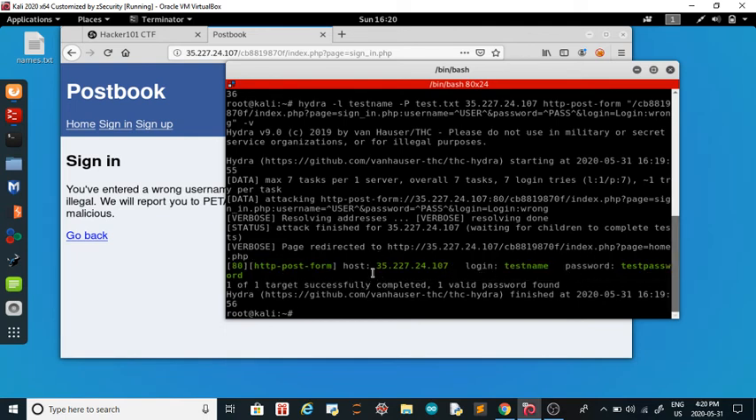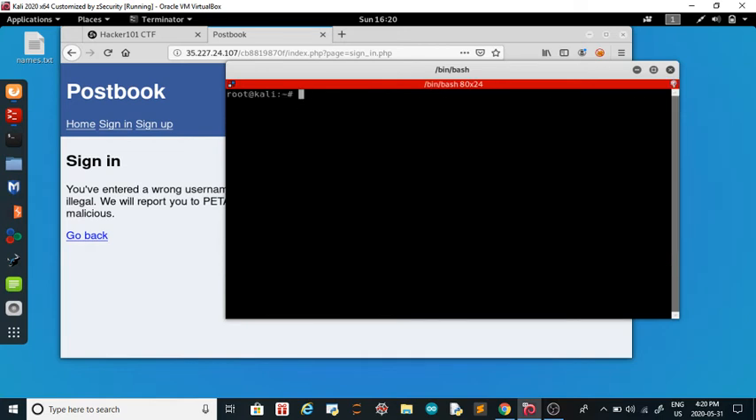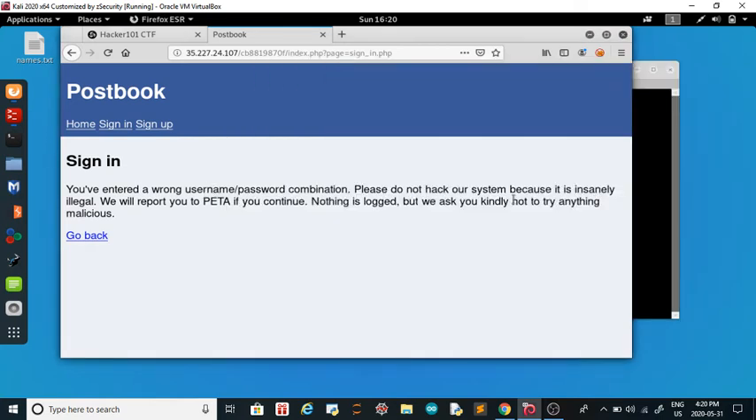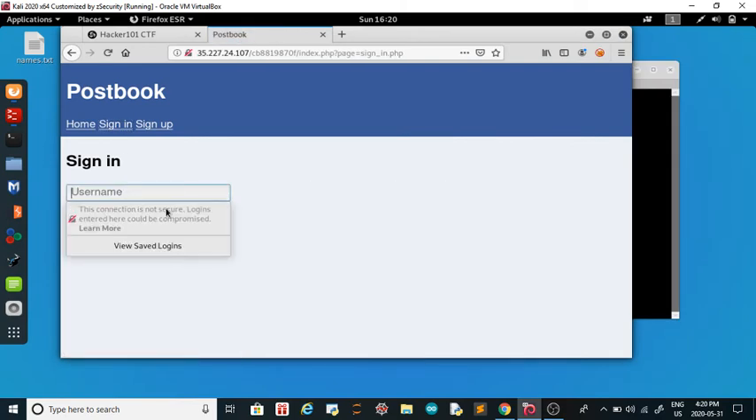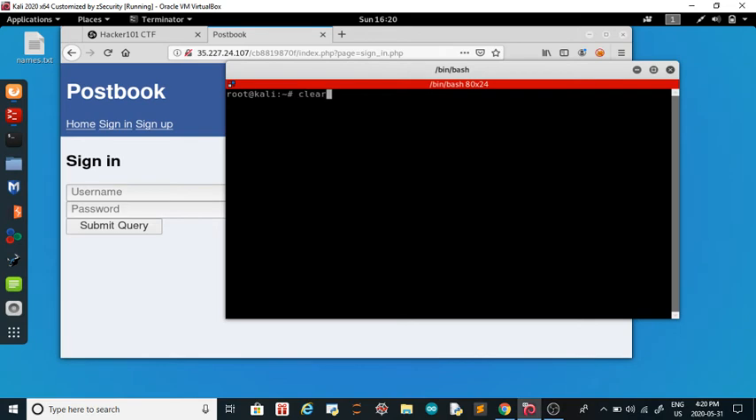Alright, so now let's say we don't even know the name, but we know the password somehow. So here is the Hydra command, and this time you want to put a capital L and a not capital P. So not capital P, and then since we know the password, we're going to put it in. So it was test password,